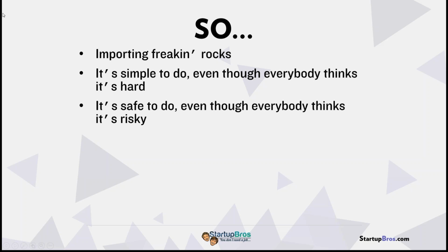Everybody seems to think these businesses are hard and risky, when, as you guys have just seen here today, they're really pretty simple and pretty safe. Honestly, some of the most simple and safe business models out there. I don't know where this idea comes from that it's so risky, so hard,